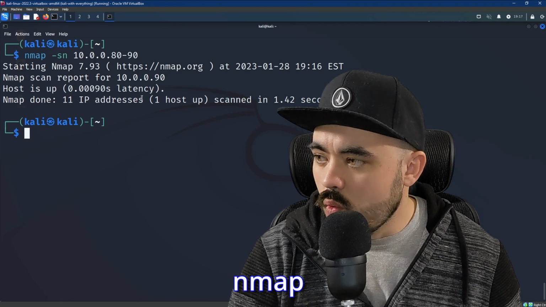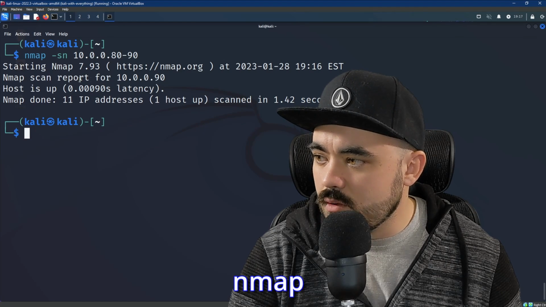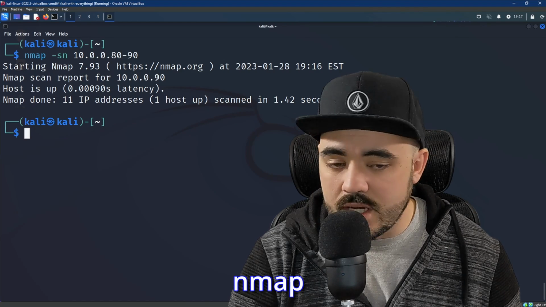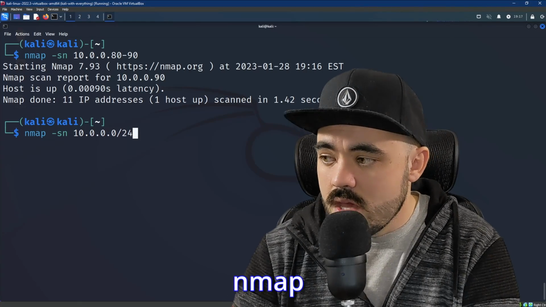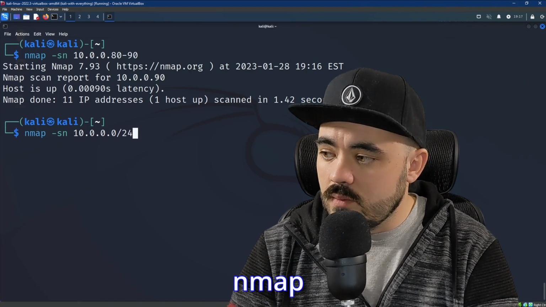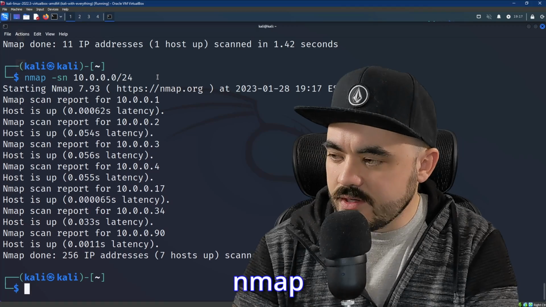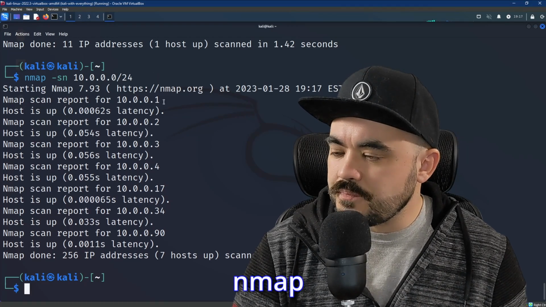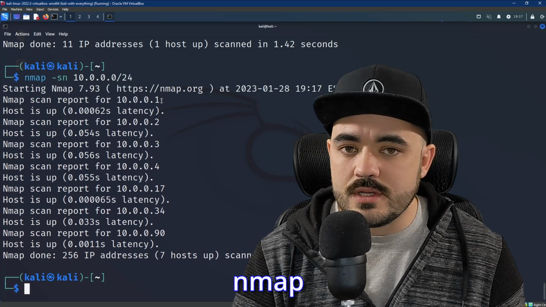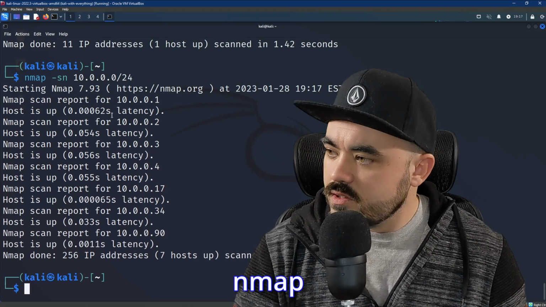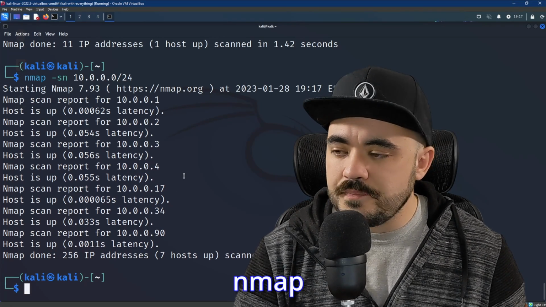Nmap done. One host is up. Nmap scan report for 10.0.0.90. You could also enter it in CIDR notation. You could scan the entire network, 10.0.0.0/24. And there you have it, all the answers of which IP addresses are being actively used by different devices. Now, there's other flags you can add on here to get more information, or you could